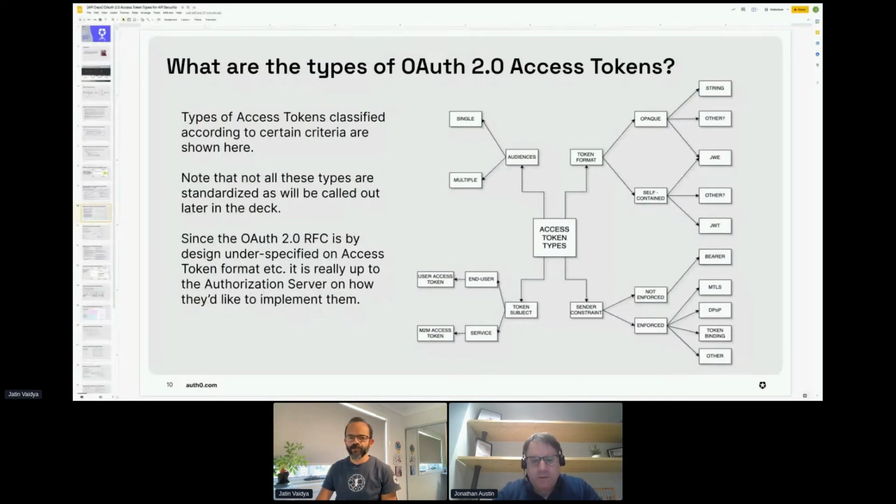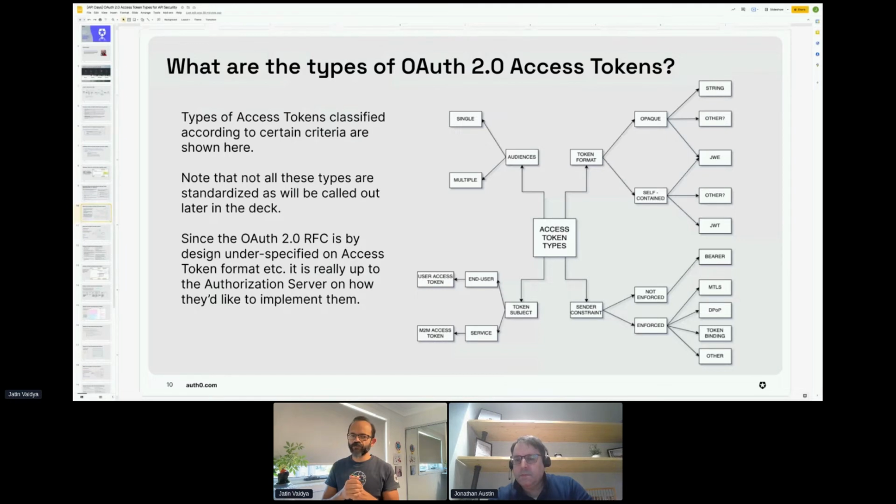Have you already talked about the token subject? Yeah, the token subject I referred to briefly. Every access token is bound to a particular subject. If that subject is an end user, an actual human being, then we typically call that a user access token. That access token can be used by the client application to access the protected resource on behalf of the user.